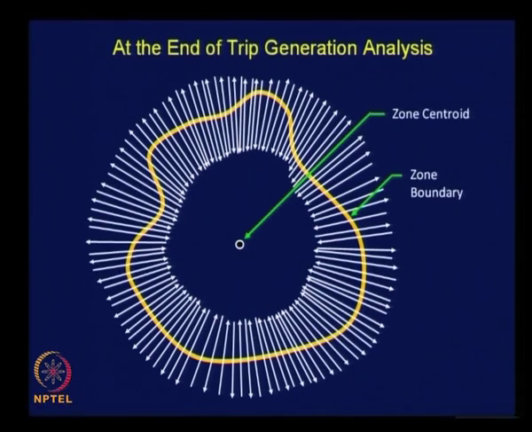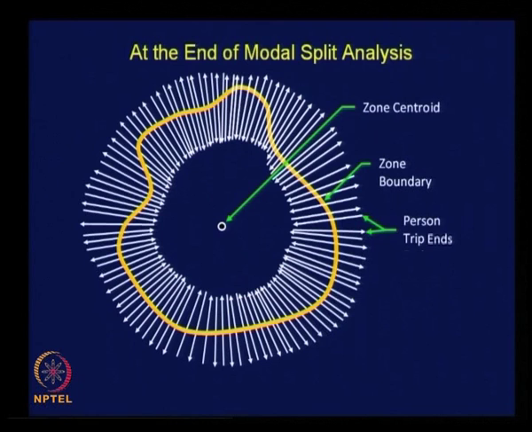Person trip ends associated or connected to each of the traffic zones were estimated on completion of trip generation analysis, which involves both trip production as well as trip attraction analysis, both together, is it not. This is the result that we get at the end of step 1, and at the end of step 2,